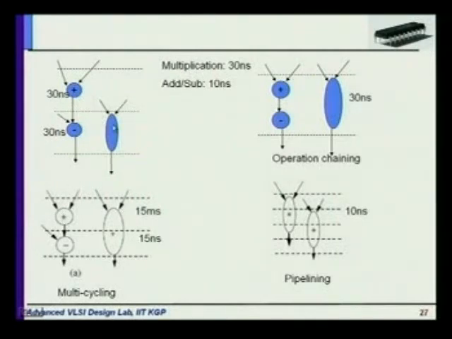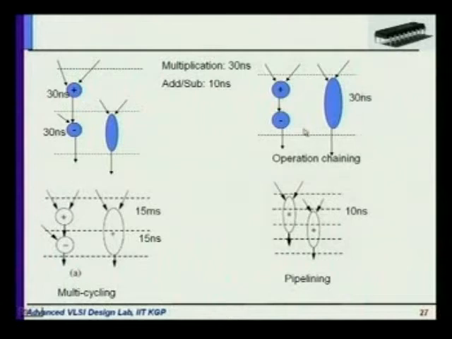The alternative is that you can execute a multiplier in two clocks, and in each clock you will execute one function. That means even if this is scheduled in the first clock, the result is not available after the first clock. After the first clock, only the result of addition is available, and at the end of the second clock, the results of both the subtraction and the multiplication are available. So this is one strategy: you execute the operation that takes higher time in more than one clock step.